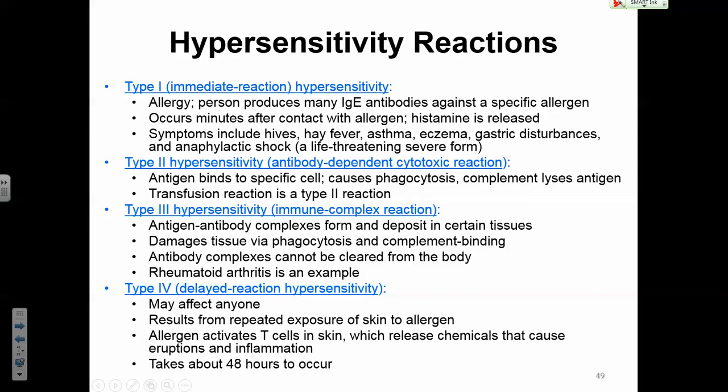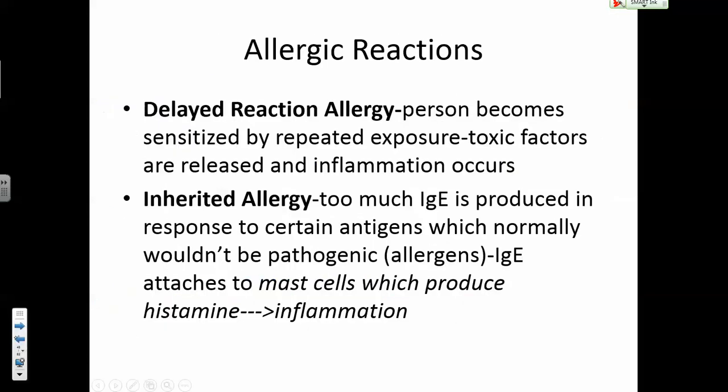The ones I'm going to test you on are this one and this one, but we're not going to call them type 1 and type 4. We're going to do them like this, okay? The type 4 is a delayed reaction allergy. Have you ever heard that